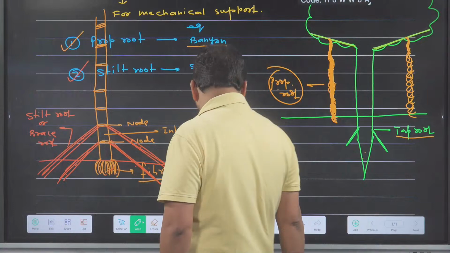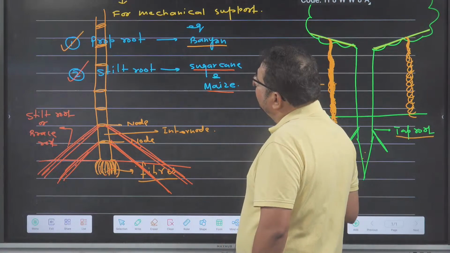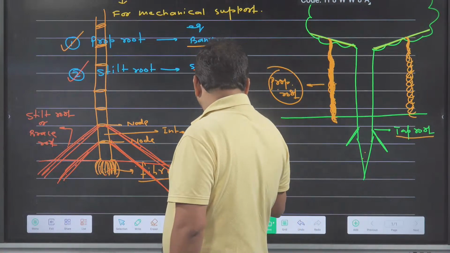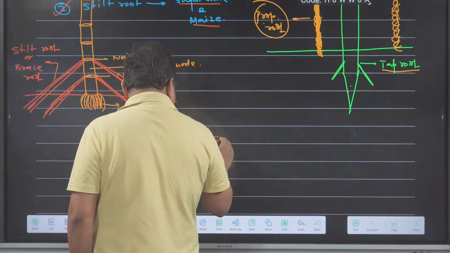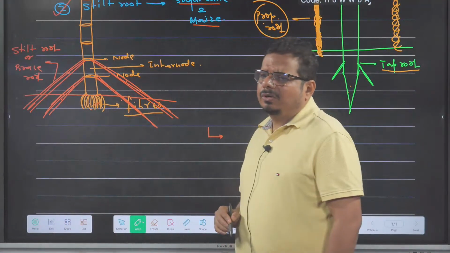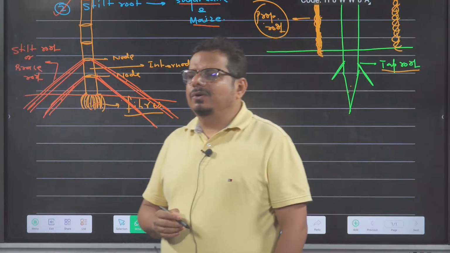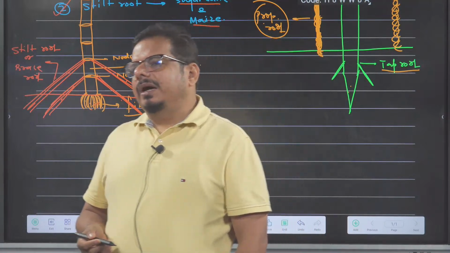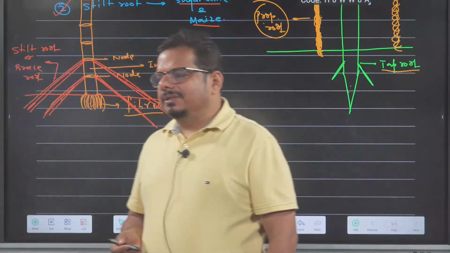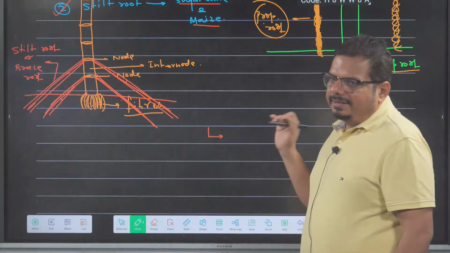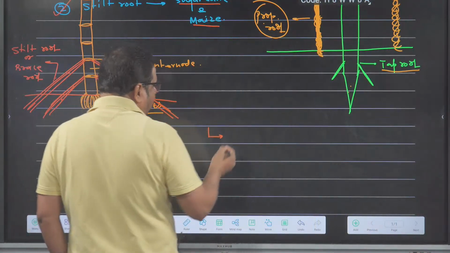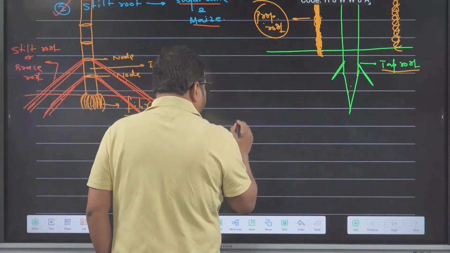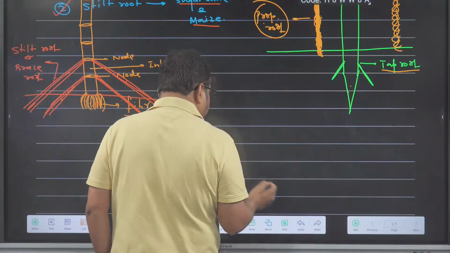So NCERT wrote two examples of what? Mechanical support. In the lab manual book, one more thing is written. I am just telling because in morphology and anatomy, you have to follow the lab manual also. Got the idea? So what is written additionally in the lab manual, the practical book, I am just telling you. In the practical book it is written that in beetle